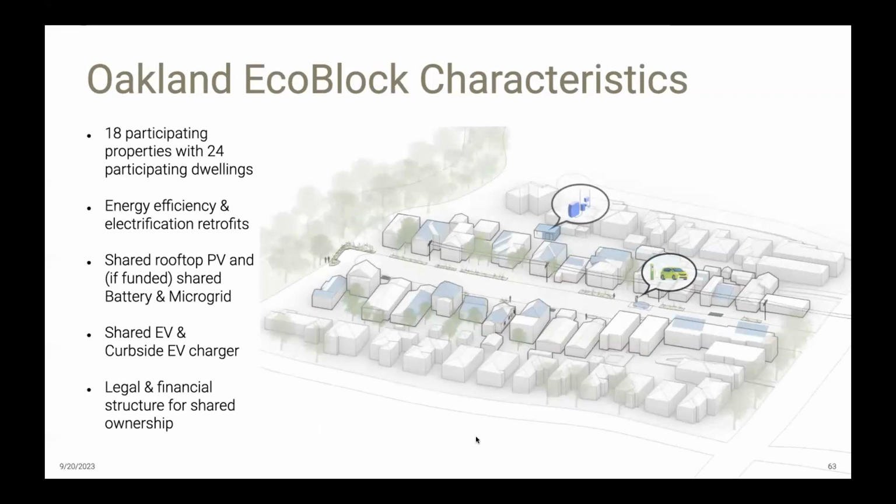We'll be installing a co-owned roof-mounted PV array on each of the participating properties, which will be linked and connected together. The community or the neighborhood will share an EV and will install a curbside charger. About 60% of the participating residents, when polled, said they would forgo their second car if they had a car that they could share as a community.